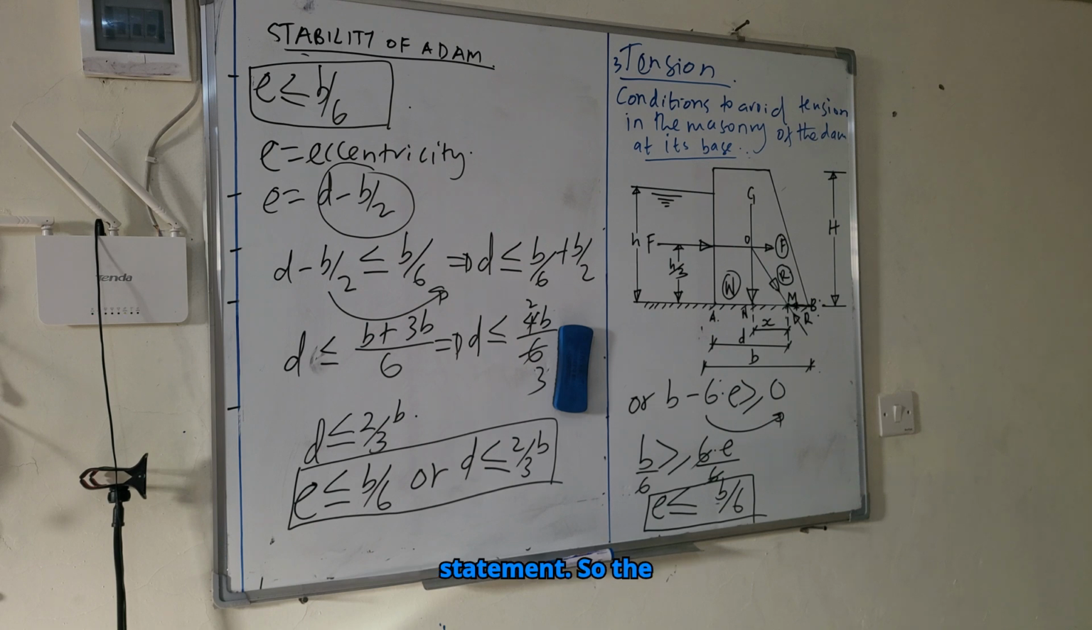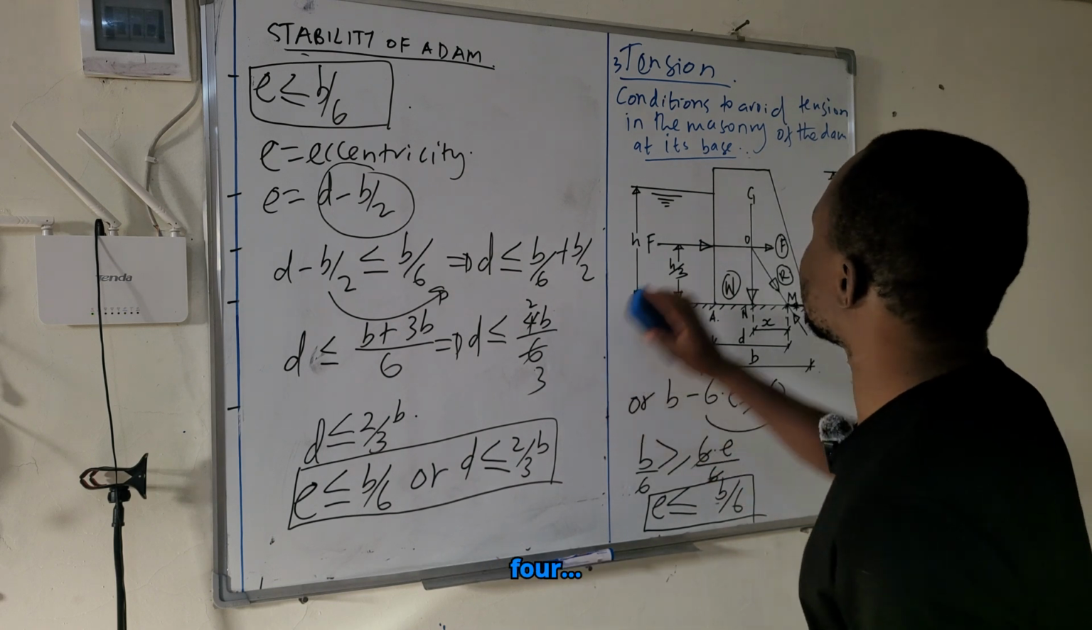And this is a statement. The condition to avoid the excessive compressive stresses at the base of the dam, the condition to avoid the excessive compressive stresses in the masonry of the dam is that the maximum stress in the masonry should be less than the permissible stress in the masonry wall. So number 4,